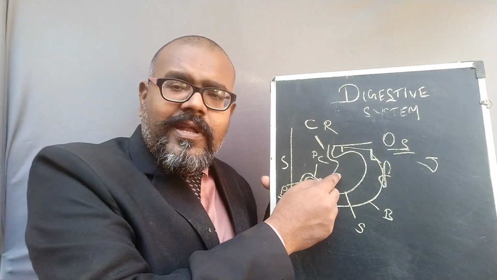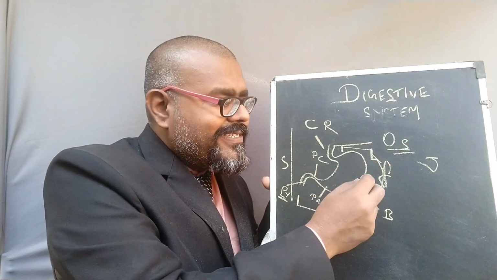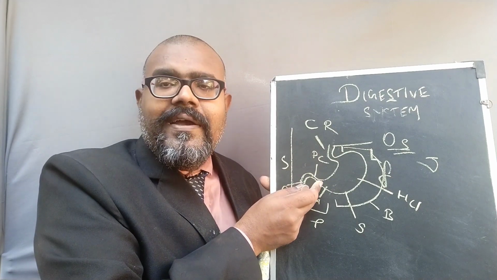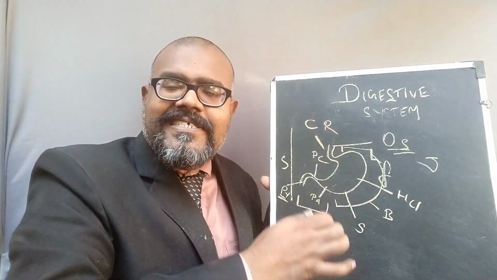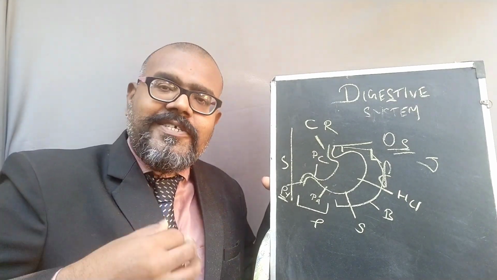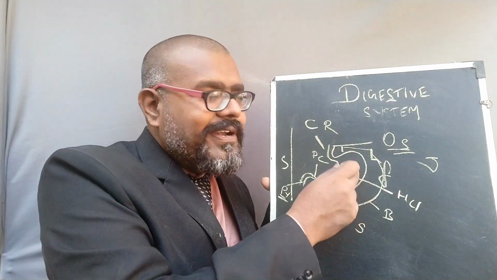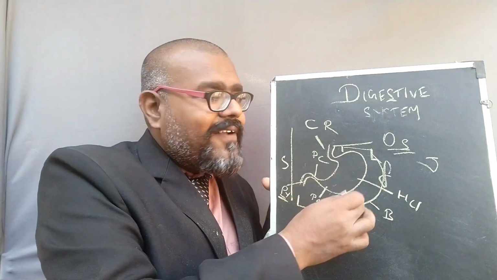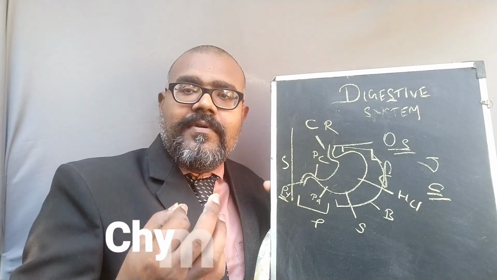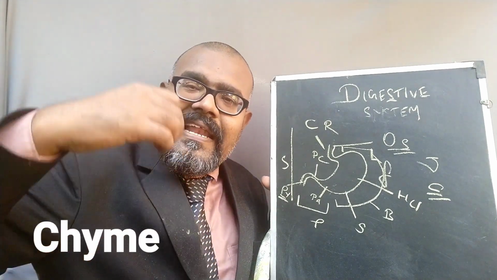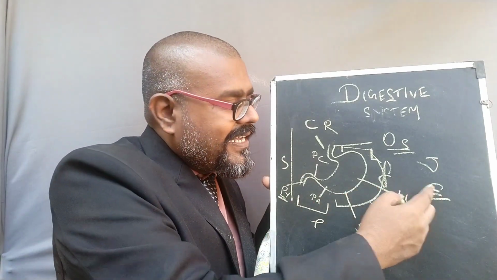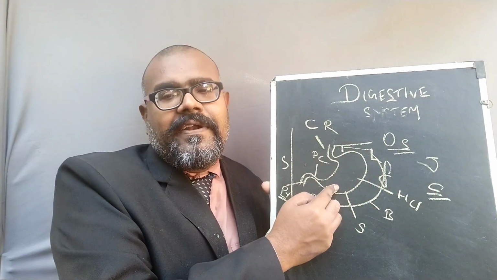During the process of storing, the oxyntic cells present in the inner wall of the stomach produce hydrochloric acid. This hydrochloric acid crushes the food materials into much smaller and smaller components. Then that food material is converted into what is called chyme. The bolus, the food material crushed into very tiny and smaller components, is called chyme. That process happens here.